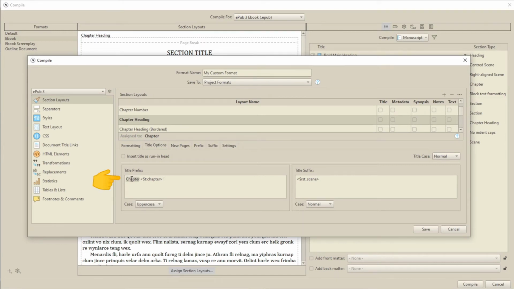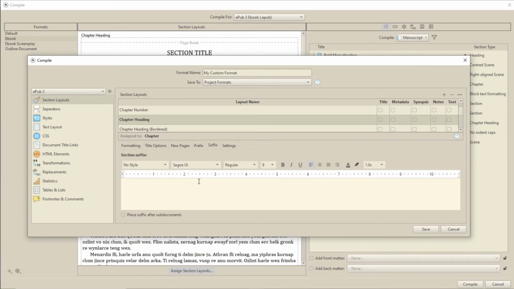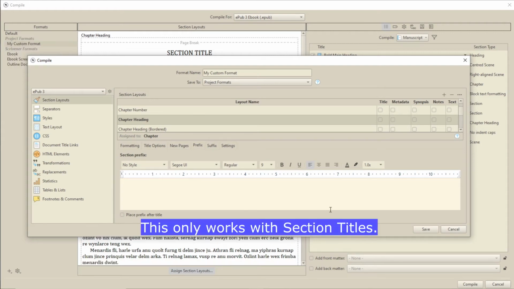For example, if you didn't want chapter for this particular section layout, you could change it to book. This might be useful for an omnibus edition. Just don't remove any of the coding in the box. Prefix and suffix allow you to put characters before and after your title, possibly for decorative purposes.